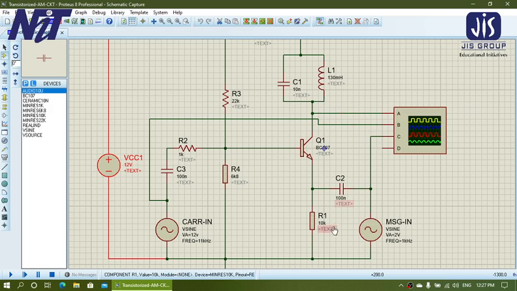Okay, and at that time we have to feed in the message input voltage at the emitter circuit. Then this transistor will amplify the carrier as well as the input message, so it will act as a product of these two signals.